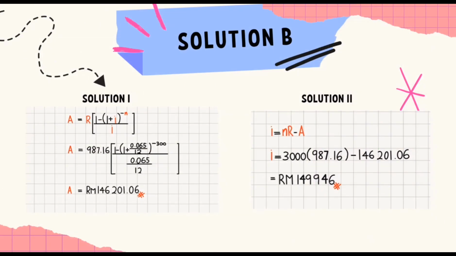Question 4 B 1. For this question, we're looking for the amount of the loan. So we'll be using the formula A equals R [1 minus (1 plus I) to the power of negative n] divided by I. So we will get A equals 987.16 [1 minus (1 plus 0.065 divided by 12) to the power of negative 300] divided by 0.065 divided by 12. So we will get A equals RM